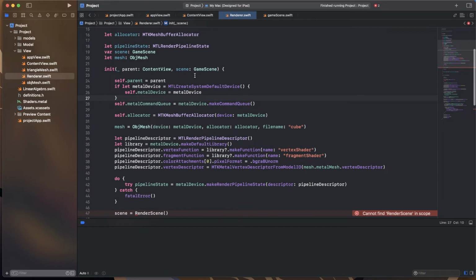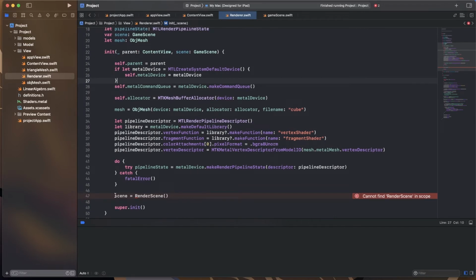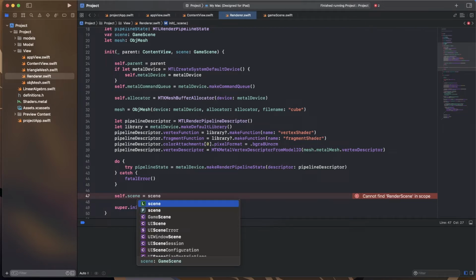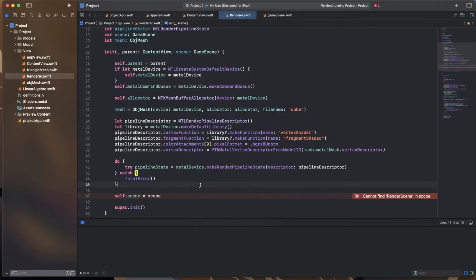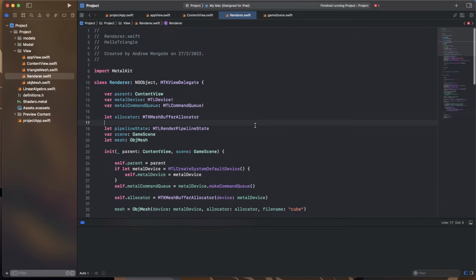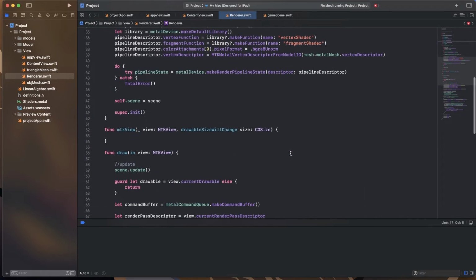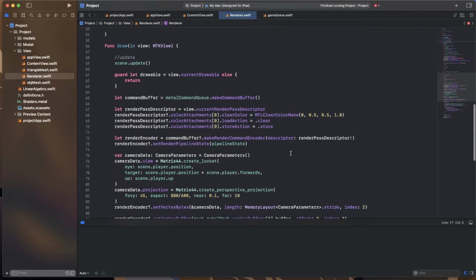Okay, right. So when we create a renderer, we tell it, hey, you are a renderer for this scene. And so we can set this up here, self.scene = scene. We're just capturing a reference to it. Okay, great. Cool. Otherwise, nothing else has to change, including the fact that in the draw function, we tell the